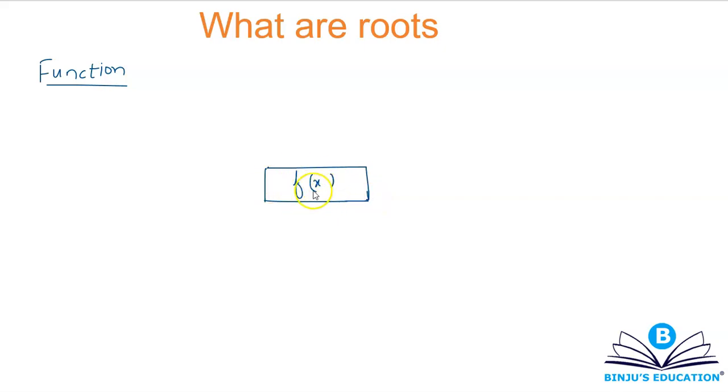Like what happens in an industry or a manufacturing unit is that you provide raw materials as your input and you get finished goods as your output, right? This is what you do. This is what you get basically. The function behaves in the same way. Whatever type of function you may have, you provide an input value and corresponding to that, you get an output value.